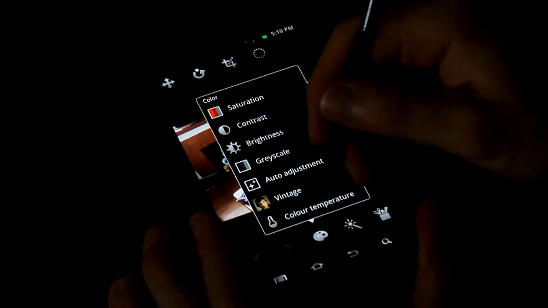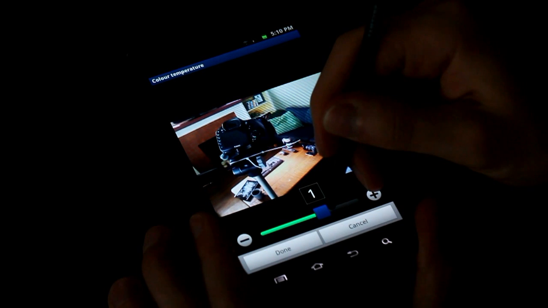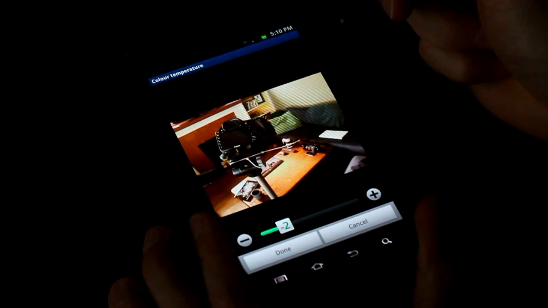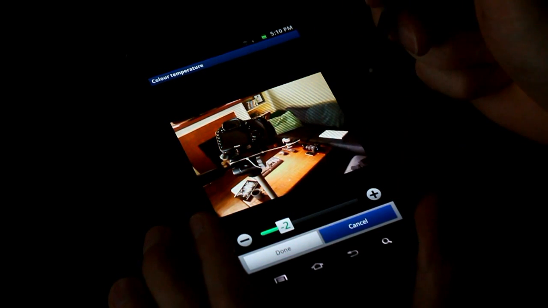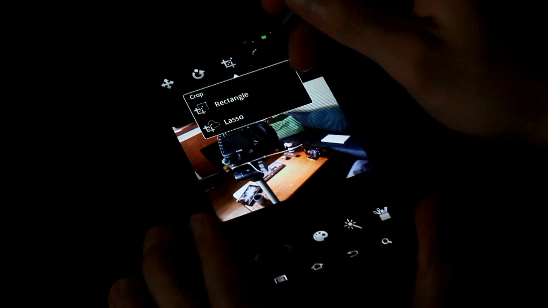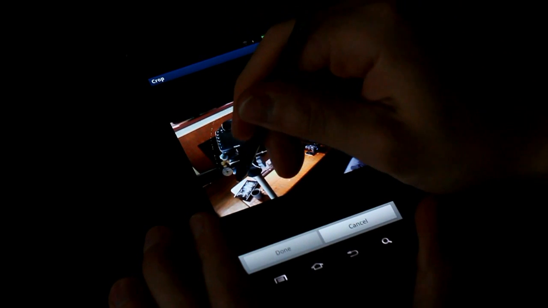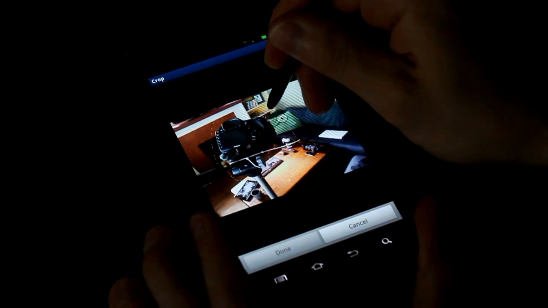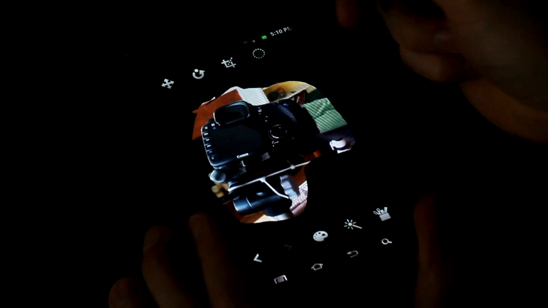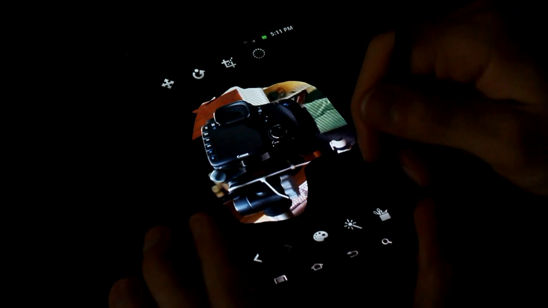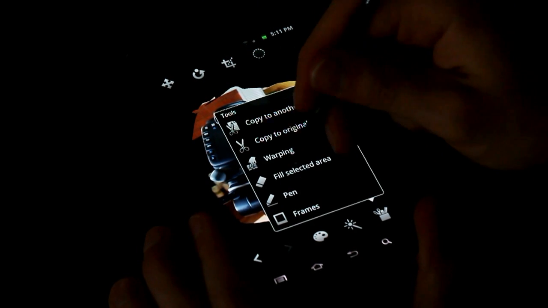Now, even though they got it wrong, and if you go up it becomes cooler, and if you go down it becomes warmer, the fact of the matter is it's almost like a raw image where you can adjust the temperature of every image you take. We also have the lasso tool here that you can see we're using to cut out the camera. You can cut out a square box to crop an image, or simply cut that part of an image out and then bring up the Tools menu, select the pen, and then write a quick annotation if you want to